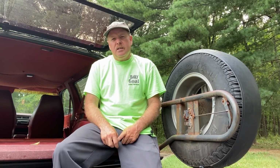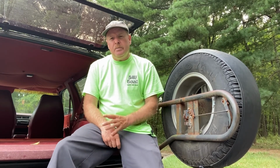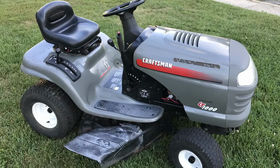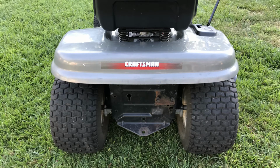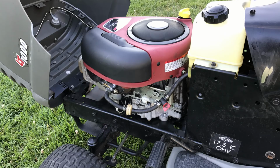So I used that mower the rest of that summer. I used it into 2015 into 2016. I think in 2016 I did purchase another mower, and it became a backup mower. And so in 2017 I decided to sell it, and I listed it on Craigslist. I'll show you the photos when I listed it, and I believe I put it on there for $250, and within hours I had a dozen replies. A guy came down, and he gave me $200 cash for it, and it was a